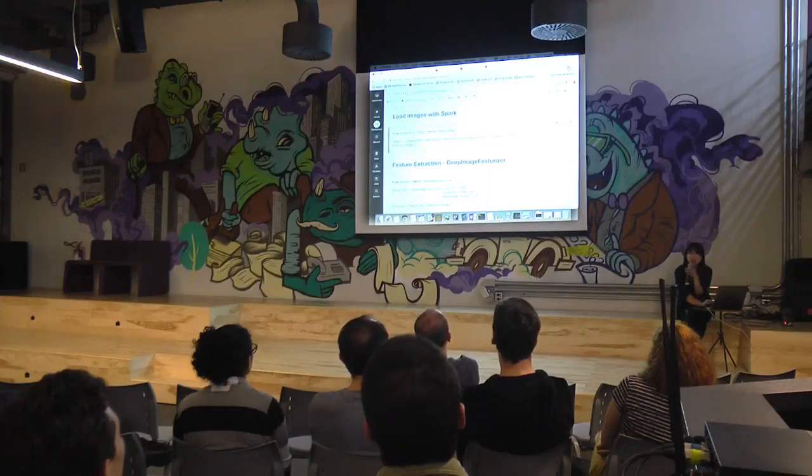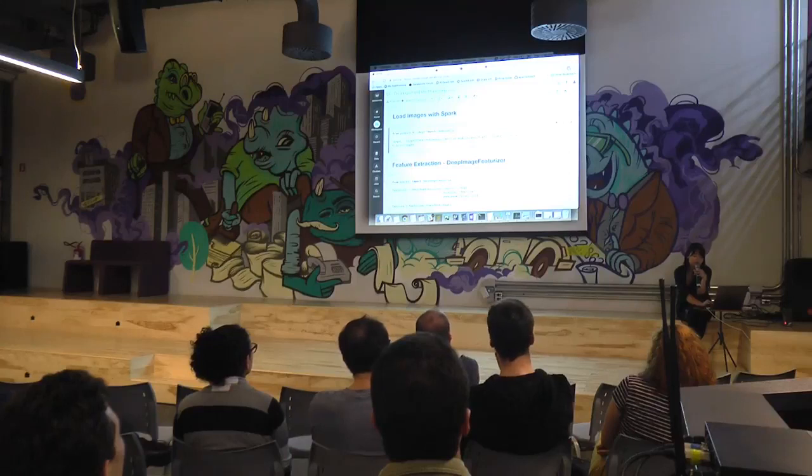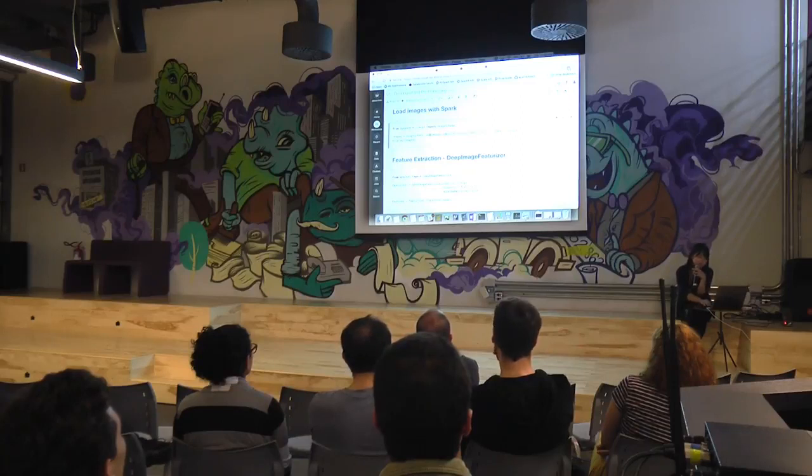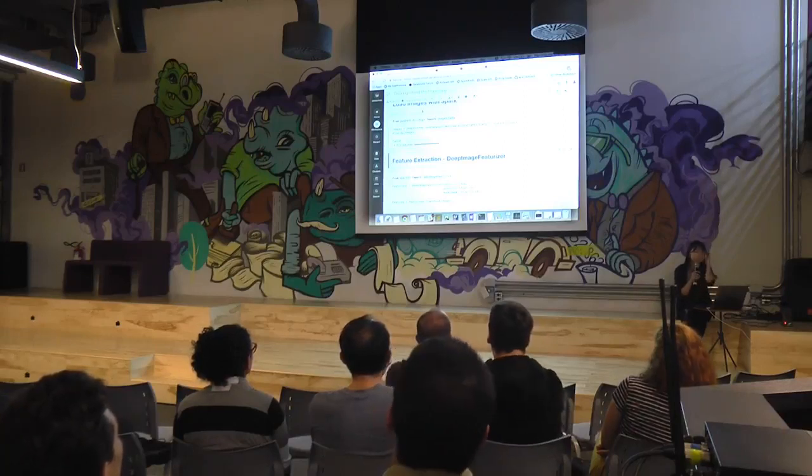And now we're going to use Spark to load the images in. From Spark 2.3, we support images better than Spark 2.2. We added a new API called read images. So this is a native Spark API. And I'm just loading the whole training folder that I have. So it's a series of different images. I'm just going to run that right now. And yeah, Spark will handle all of that for me, and it should distribute across my cluster in parallel.